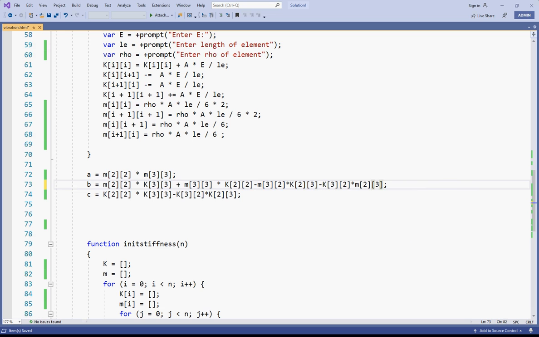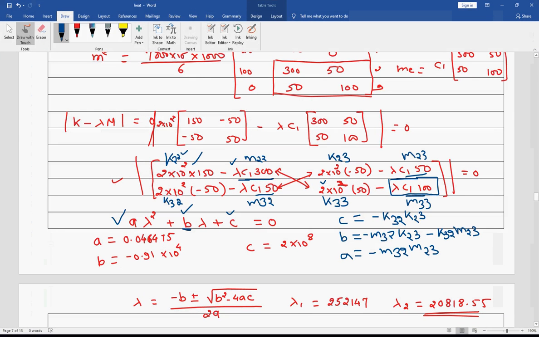I double check one more time, K32 and M23. Okay, and for C,